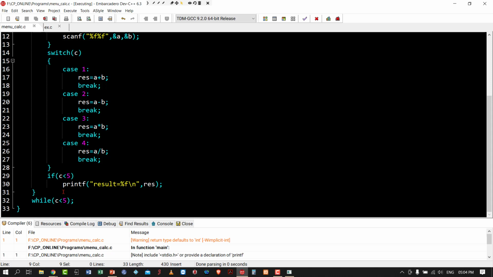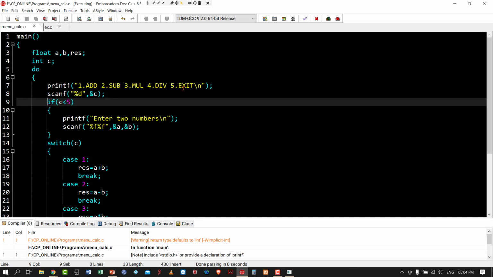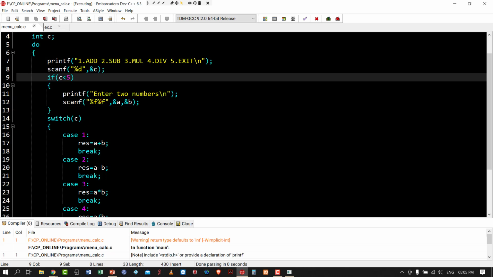If you enter 7 also it will exit. But before that it will check all the conditions, the case conditions. If you enter 5, C will get 5. Since 5 less than 5 is false, it will not read those two numbers.